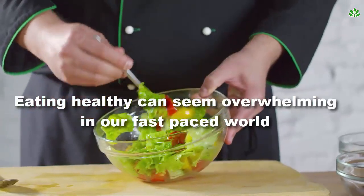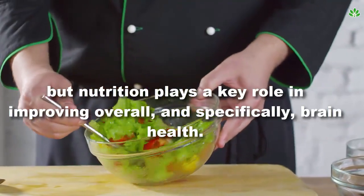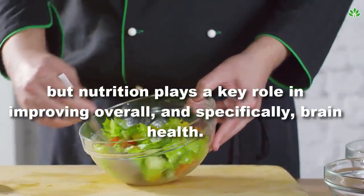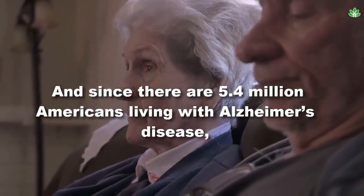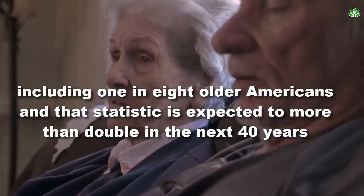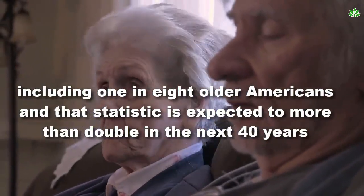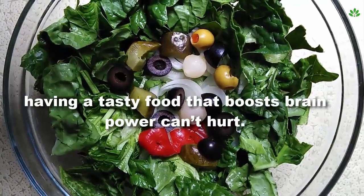Eating healthy can seem overwhelming in our fast-paced world, but nutrition plays a key role in improving overall, and specifically, brain health. And since there are 5.4 million Americans living with Alzheimer's disease, including 1 in 8 older Americans, and that statistic is expected to more than double in the next 40 years, having a tasty food that boosts brain